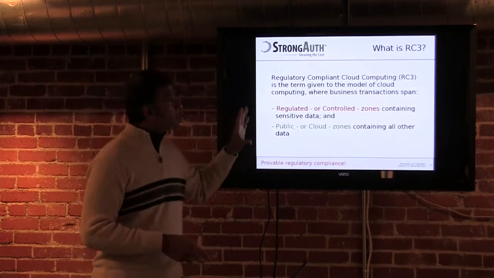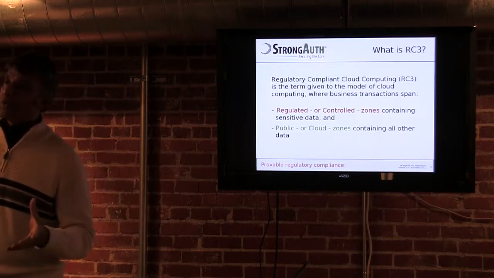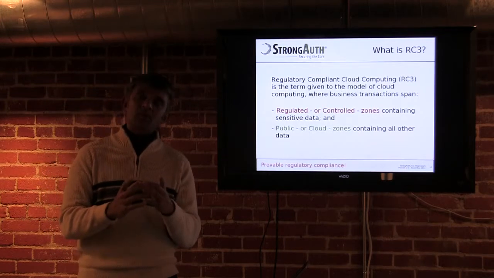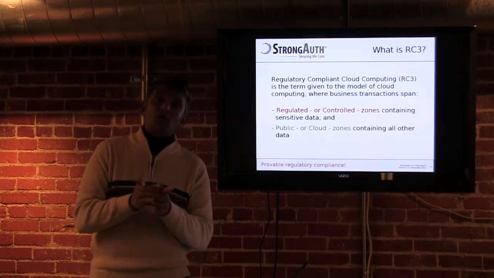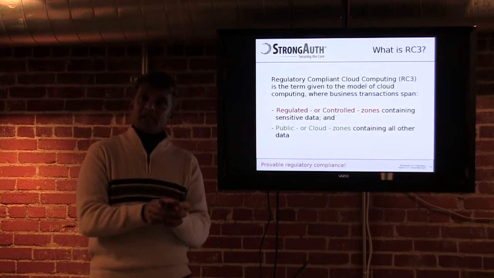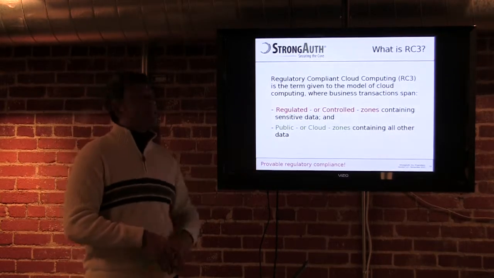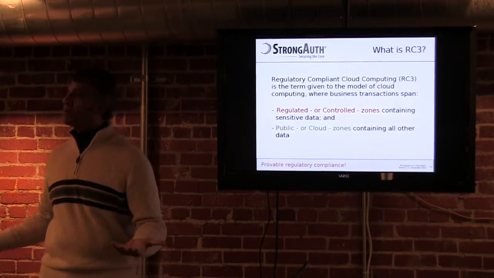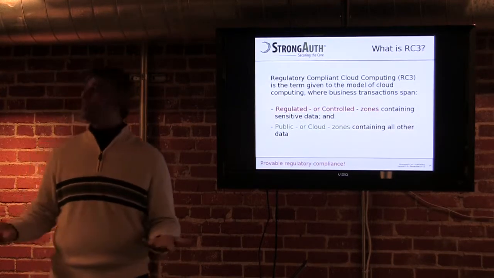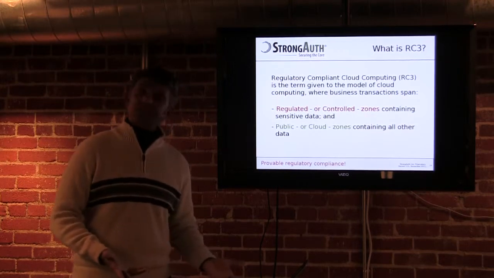So, it's our term for a concept where we believe business transactions can span across two zones. One is what we call a regulated zone, where it is completely controlled and tightly regulated in accordance with the principles and policies and requirements of industry standard regulations like PCI DSS or government regulations like HIPAA, HITECH. And the other zone is the public zone, the cloud zone, where the data, if it were completely visible to the entire internet, it wouldn't affect anyone. Because there are no identifiers, there are no consequences.